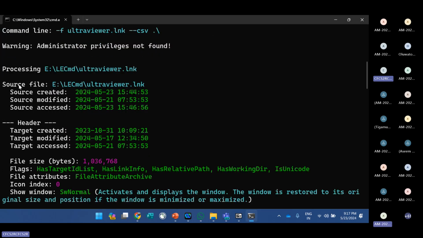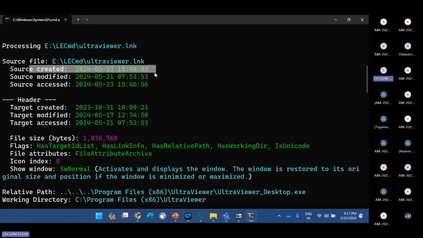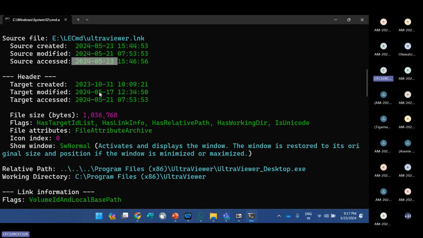So this is the source file, and this is the source created. The source was created on 23rd of May, the source was modified on 21st of May, and the source was accessed on 23rd of May. So this is the information that I'm getting. And we have the target created. So when the target was created,